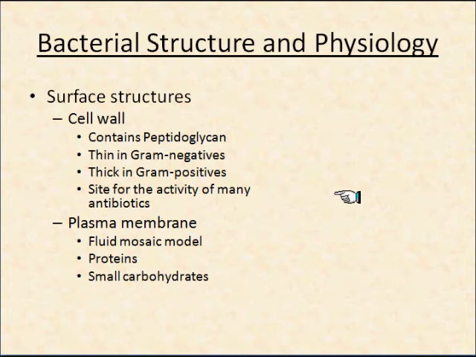Now, inside, as we have with whole cells, we also have this plasma membrane, which has that fluid mosaic made of the phospholipid bilayer. It also contains proteins and some small carbohydrates, but this is the part that is intimately associated with the cytoplasm of the cell. This is an outer structure that adds additional strength and additional structure to the microorganisms.